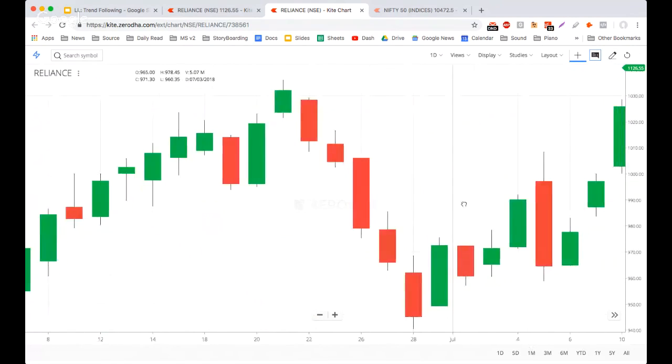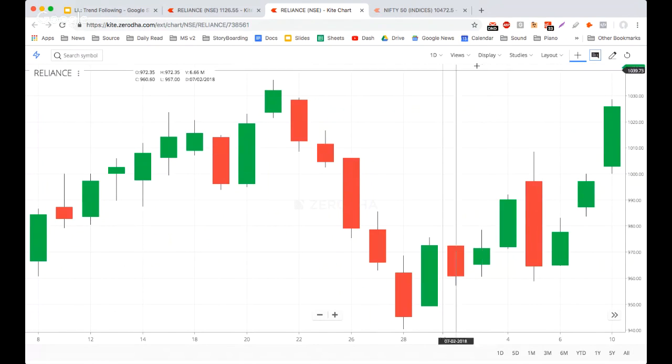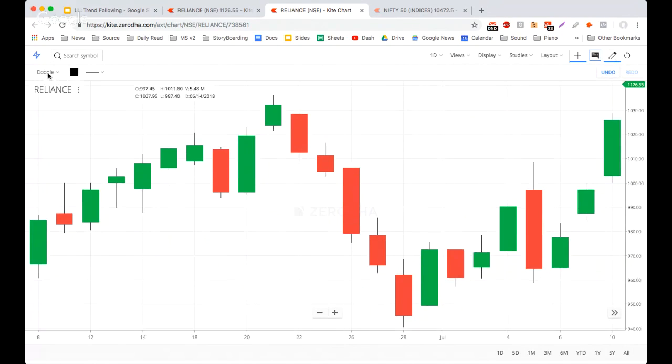Over here, does everyone agree that this is a swing high? Does everyone agree? It's pretty simple, na? मतलब काफी practice कर लिया है, सबको मालूम है ये swing high कि नहीं. Swing high है तो एक line draw कर लो. Just draw a line like this on the swing high, and you will get this line. Does everyone agree so far? Step one, find all the swing highs in a downtrend.